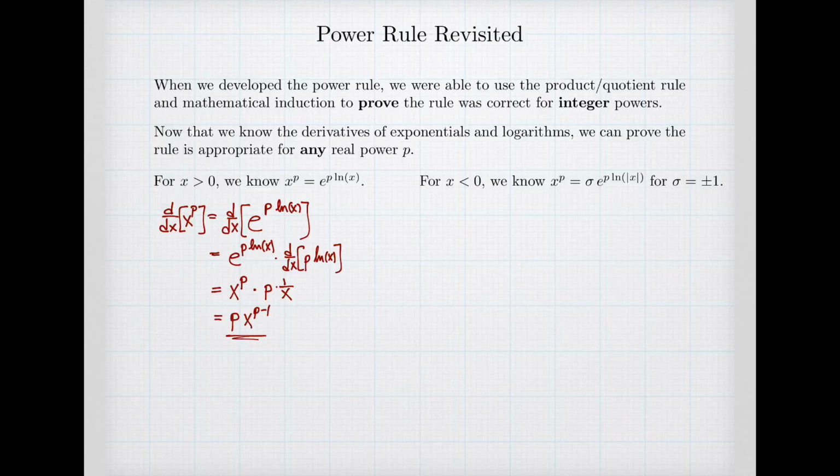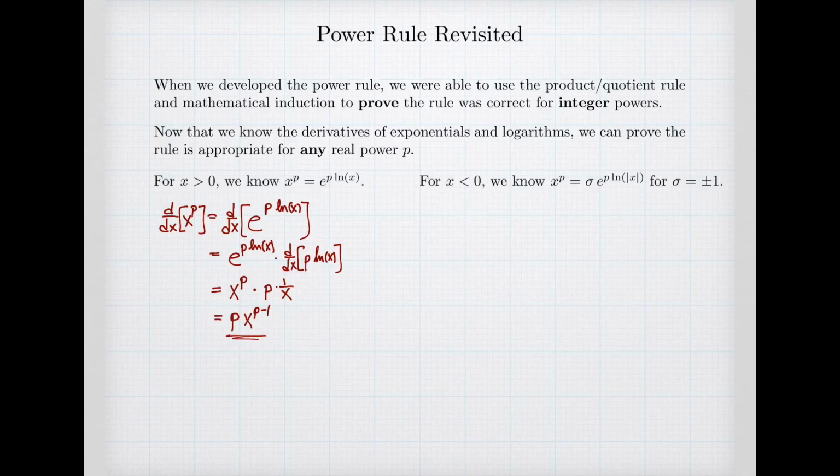So this argument worked for positive x's, and if I want to deal with negative x's, I have to think about the absolute value. For negative x's, x to the p might be positive or negative. It depends on the power p, whether it's an even or odd power. For certain fractions, x to the p is not even defined for negative x. But when it is defined, x to the p can be written as some constant, which represents the sign, plus or minus 1, times e to the power p of the natural log of the absolute value. So when it's defined,